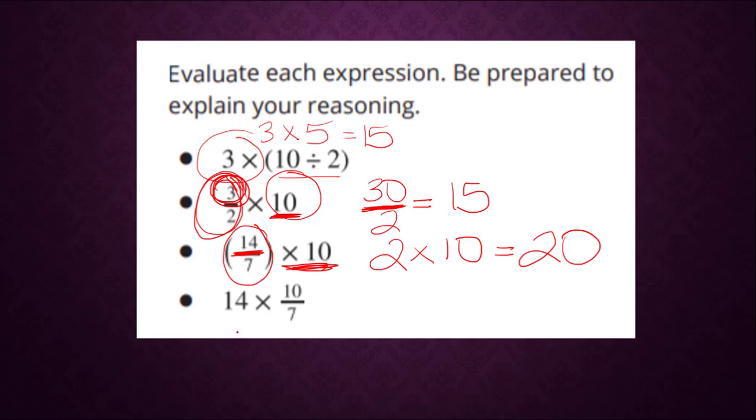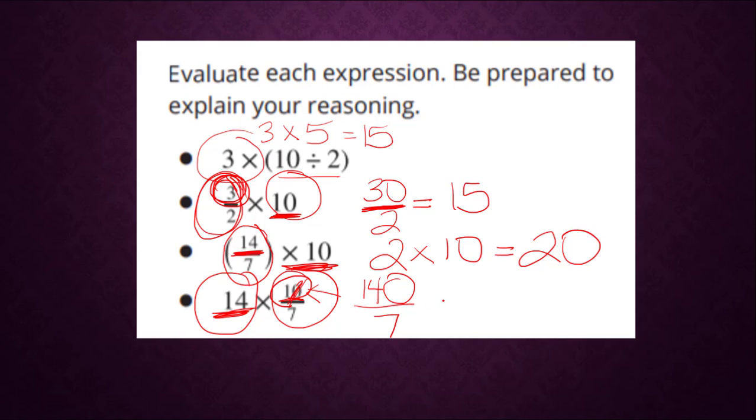All right, let's look at this next one. 14 times 10/7. Okay, so we have a whole times a fraction. So remember, we multiply my whole times the numerator. 14 times 10. Take that 0 off at the end. So 14 times 1 is 14. Put the 0 back on the end. That's 140. So 14 times the full 10/7 would give you